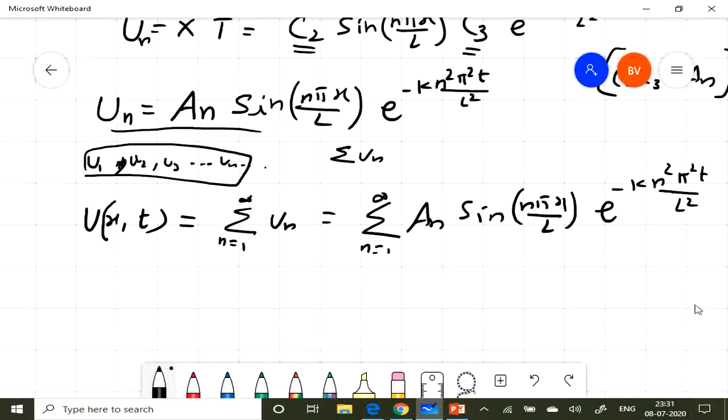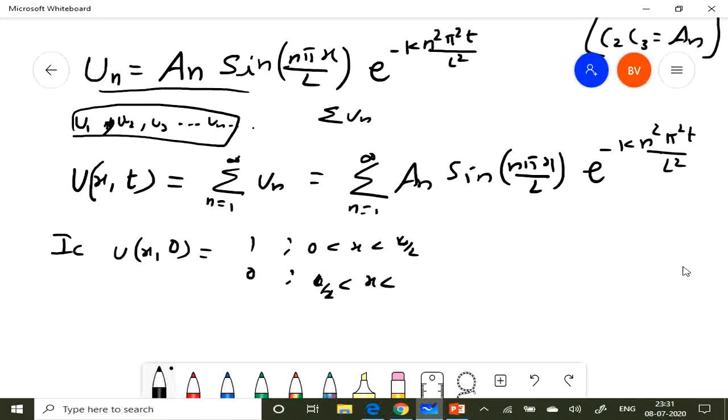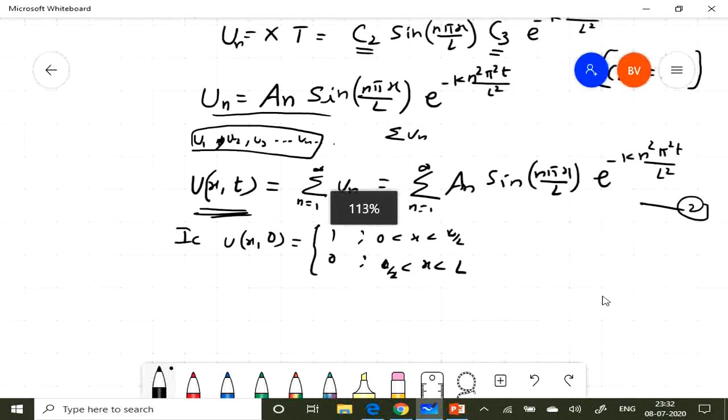Now the initial condition. We have not used the initial condition. What is the initial condition? The initial condition given is u of x comma 0. When time t is 0, the function is either 1 or 0, when x lies in the interval 0 to L over 2, or L over 2 to L, isn't it? This is the initial condition given to us. So we are going to use this one in this equation. When you substitute t is 0 in this equation, let this equation be equation number 2. Using the initial condition in equation number 2,